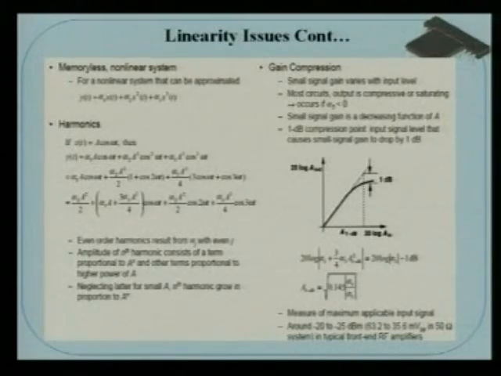So that is the input power at the fundamental frequency for which the output power is reduced by 1 dB. That is known as the 1 dB compression point. That is the measure of the linearity of the system. So we understand noise contribution, we understand linearity, we understand a little bit of gain, and we understand the noise factors